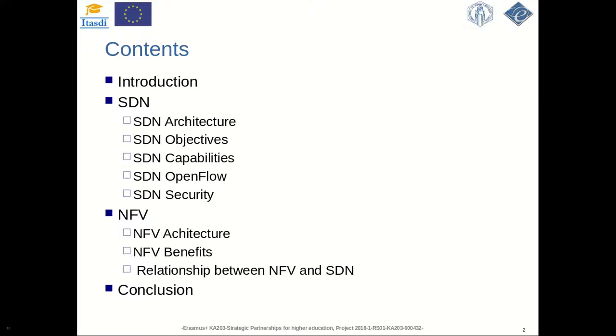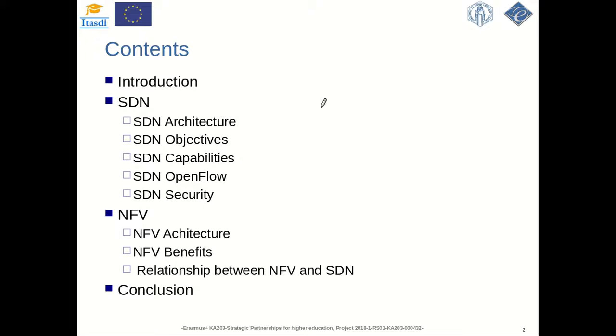So the presentation is organized as following. In the beginning, we have some introduction about network virtualization, and after that we are starting with SDN, SDN architecture, SDN objectives, SDN capabilities, SDN open flow, and SDN security as a first part of this presentation.